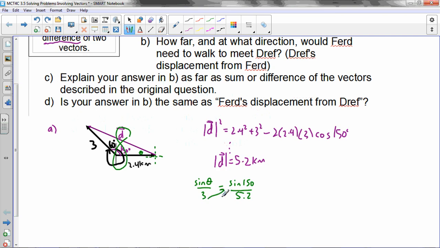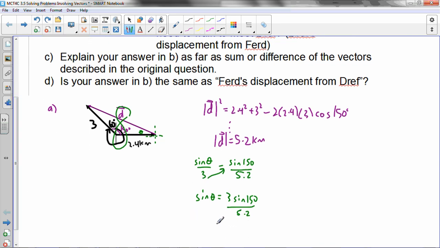Cross multiply. Oops. So sine 150 over 5.2. Calculator action. Inverse sine at the end. 17 degrees. So if this angle here is 17 degrees, how would I describe it? Well, my direction, I could say it's on a bearing of 270 plus 17, right? So Ferd must walk 5.2 kilometers, and then a bearing is 270 plus 17,